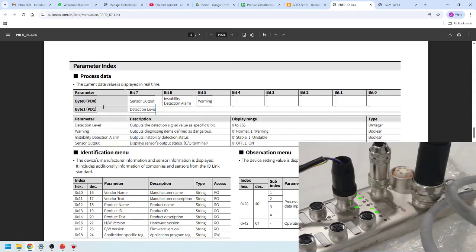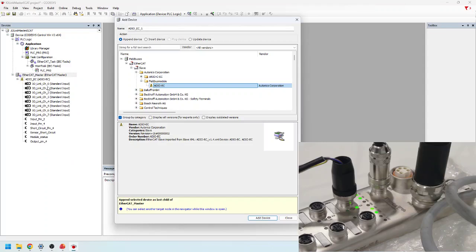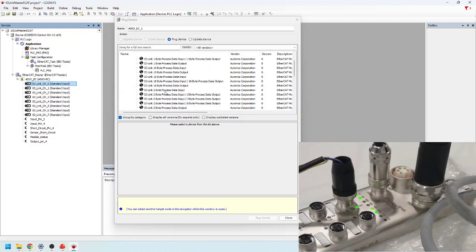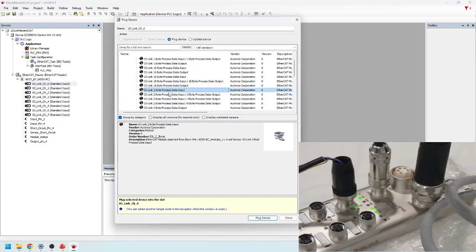So let us configure channel 0, port 0, for IO-Link 2 byte process data input. Based on the sensor that you are going to connect, you need to check this size and add the same. So once this is added,